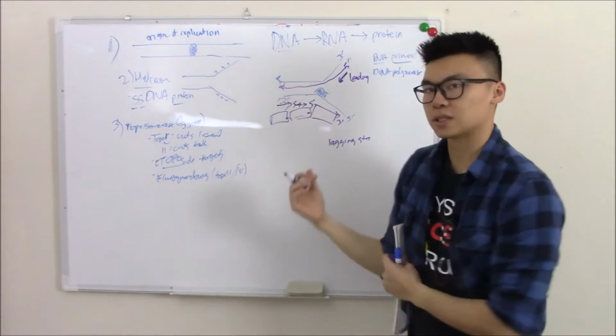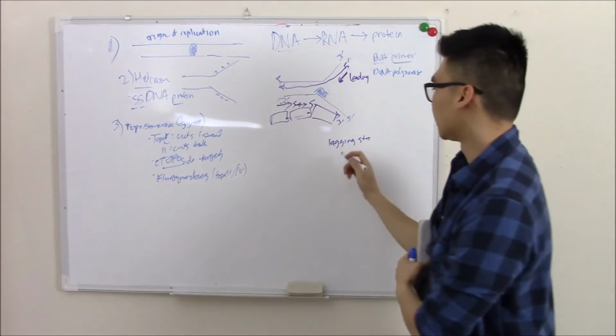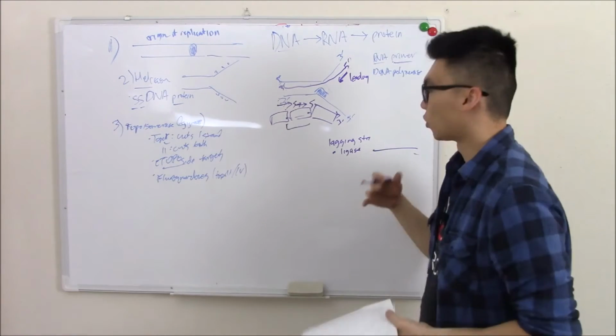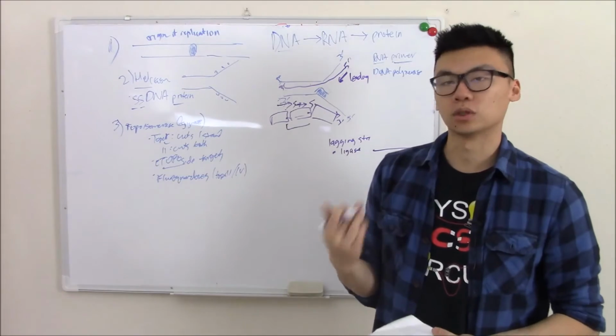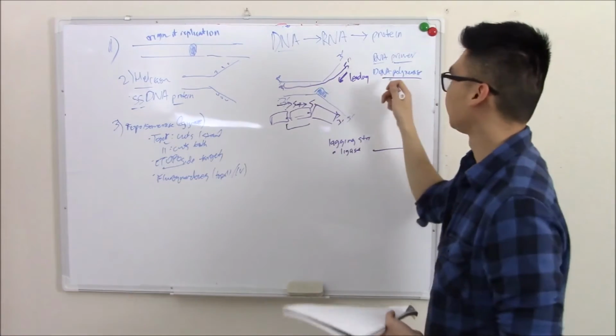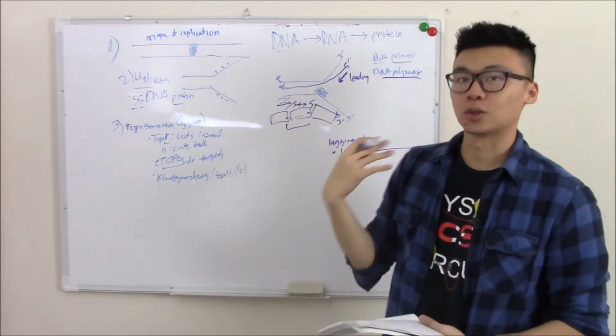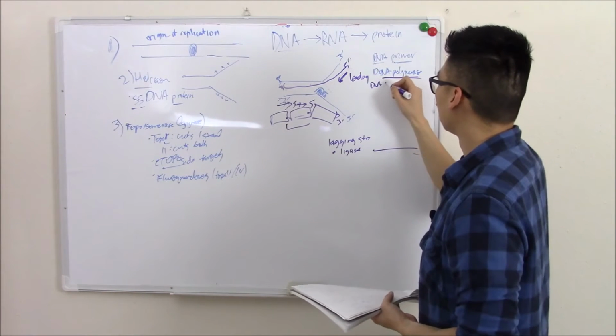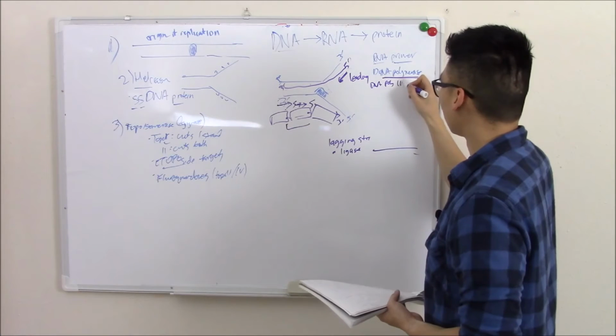We don't want these fragments here. We want to combine them together. And the thing that combines them together is going to be your ligase. So we made our strands. Now we want to proofread. Well, DNA polymerase will not only create new DNA, but it will also proofread. So DNA polymerase 3